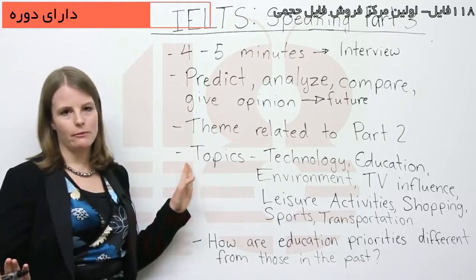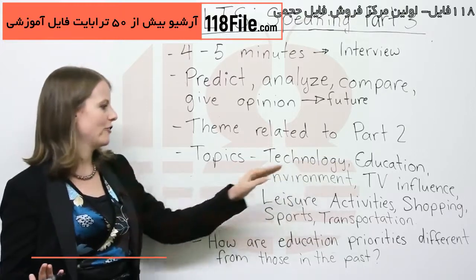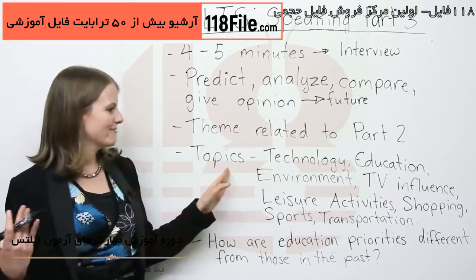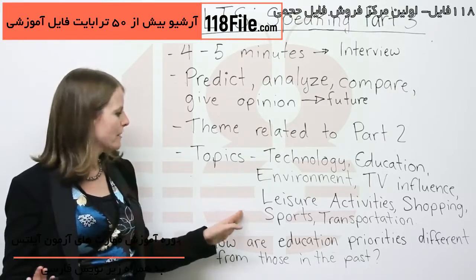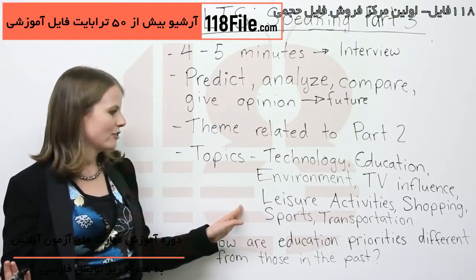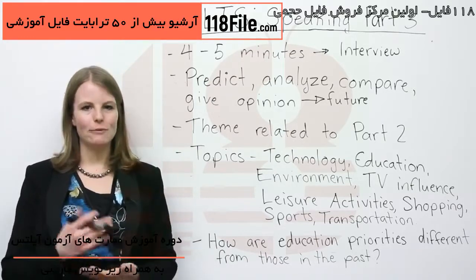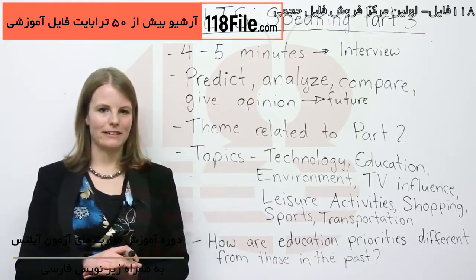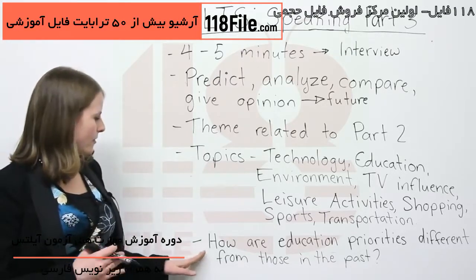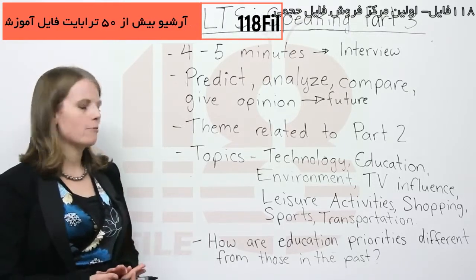Some of the topics you may look at in part 3, technology is very common, education, environment, TV influence, leisure activities, shopping, sports, transportation. So these are all very common topics. And so you'll be asked between 4 to 6 questions on these types of topics. So an example, you may be asked, how are education priorities